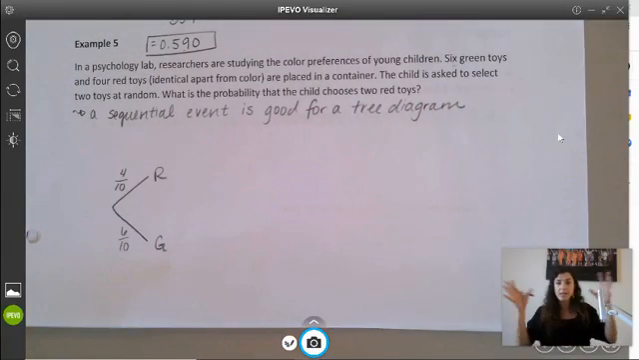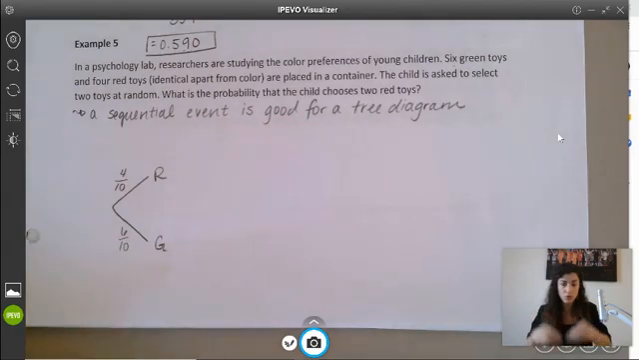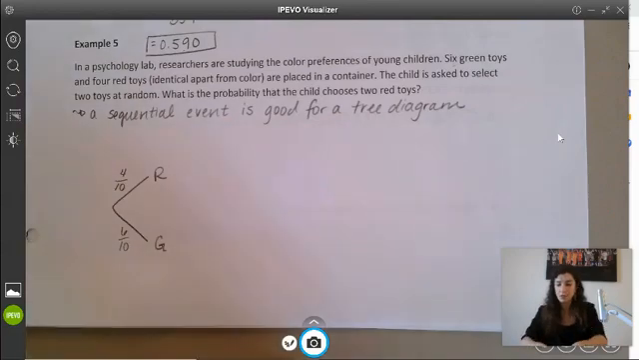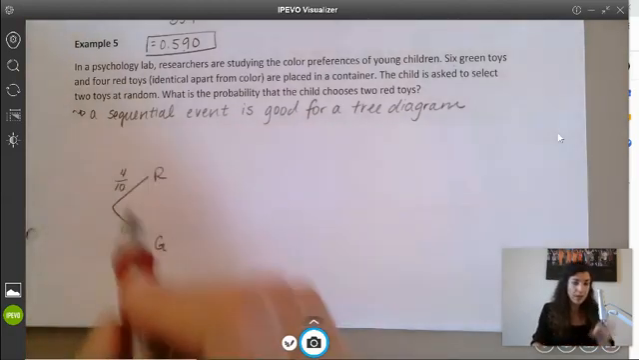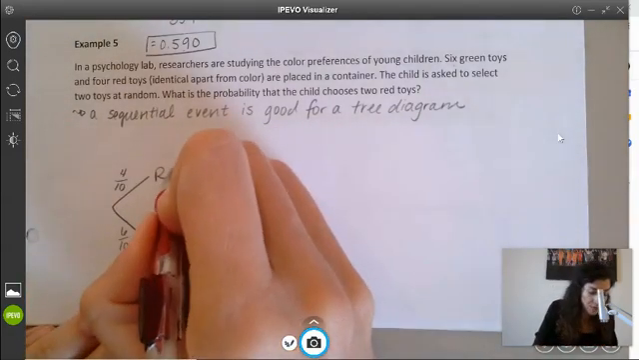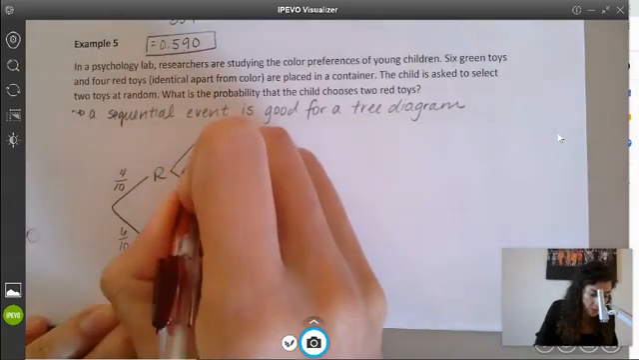So we're just breaking out this idea of picking a toy out one at a time. It doesn't tell you one at a time. You could pick 2 toys out at the same time, but it's still this idea of picking one out, not replacing it, and then picking another one out, right? That's the same thing as just picking 2 toys out at the same time. We've picked out a red one. And if we've picked out a red one, we can then go in and pick out a second one